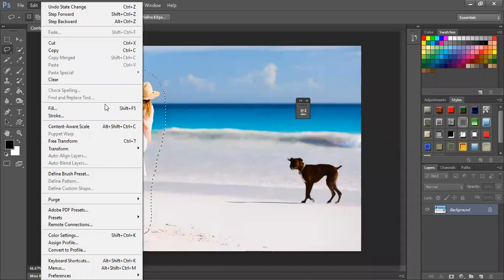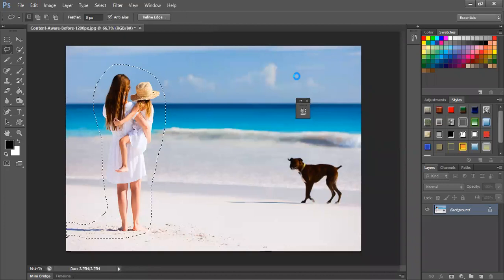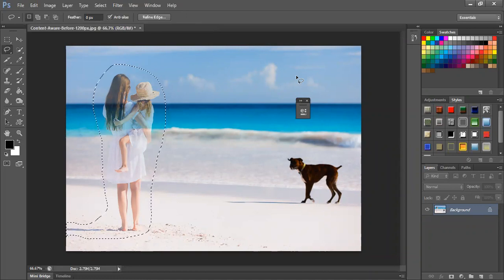In the same fill option, instead of selecting blend mode normal, I'll reduce the opacity value here, maybe 40% or something like that, and click OK. So I'll get a transparent-ish feeling. It's the same image, but you can see the background effect and the girl is also seen, but it's a lighter version of the girl. It's not the complete image. I want to give a kind of faded look. Are we clear with this? Content aware and fading.